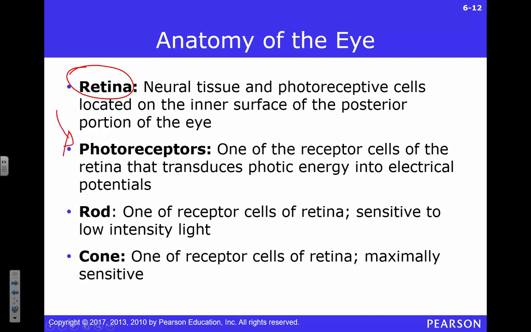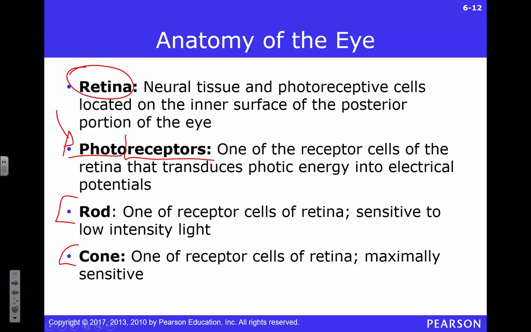Embedded in that retina, you've got these guys called photoreceptors. These are receptors that are sensitive to photons of light, right? So anytime light comes in your eye, it comes in through that awesome thing called the pupil. It's going to hit on the back of your eye. It's going to activate those photoreceptors. You have two kinds of photoreceptors. You have rods. They're so named because they're shaped like rods. Very creative. And then cones, because guess what? They're shaped like cones. They actually do two different things, though, when it comes to light.